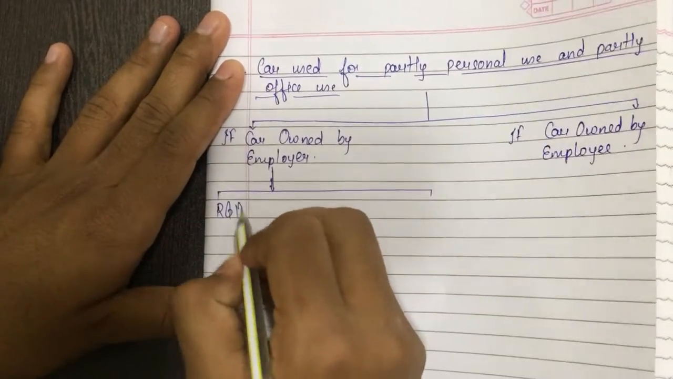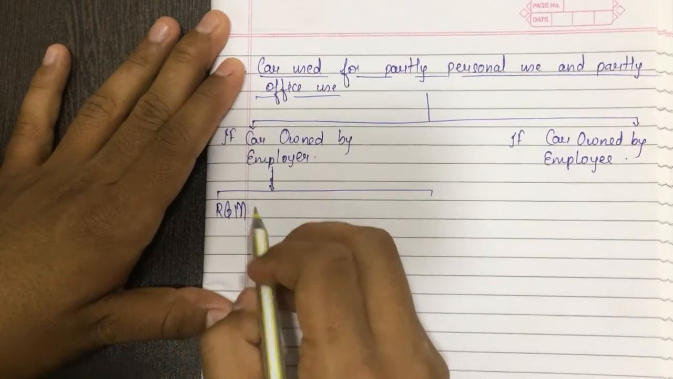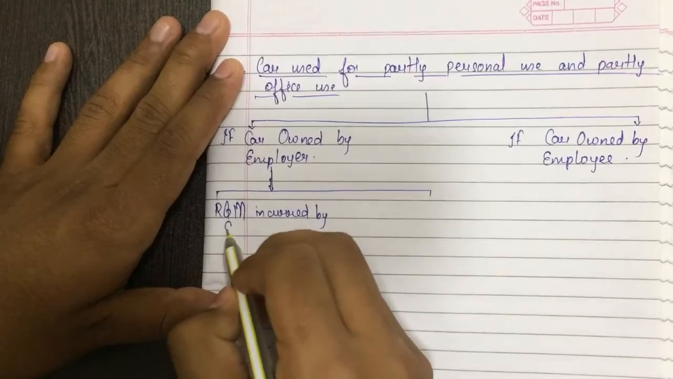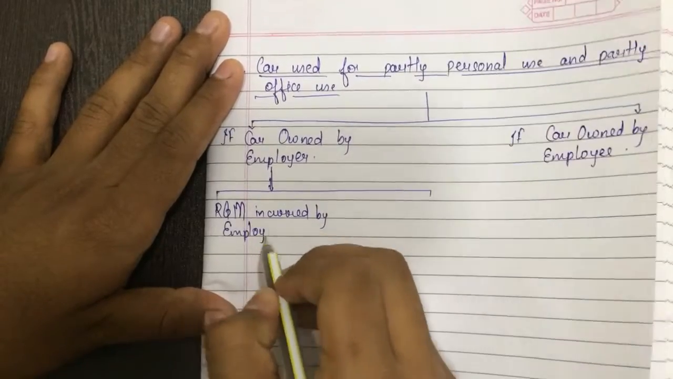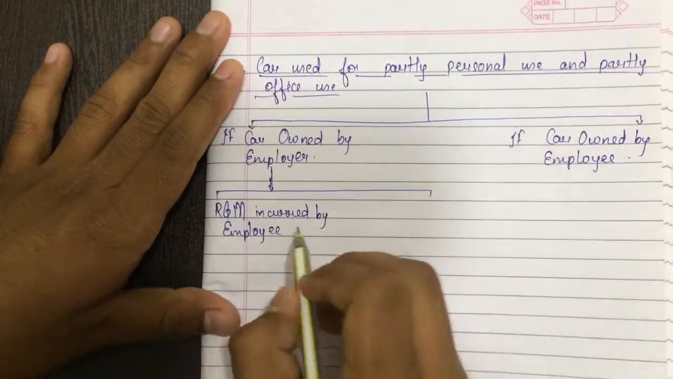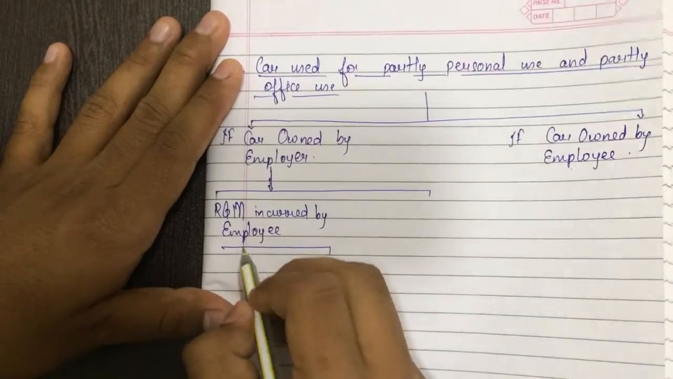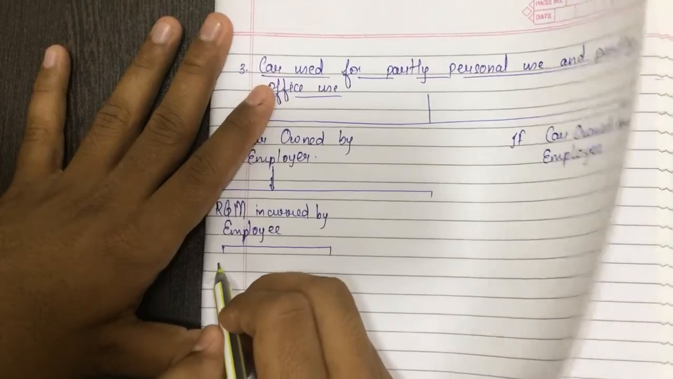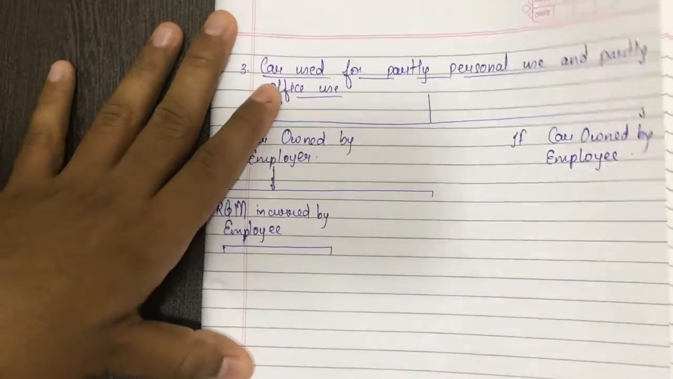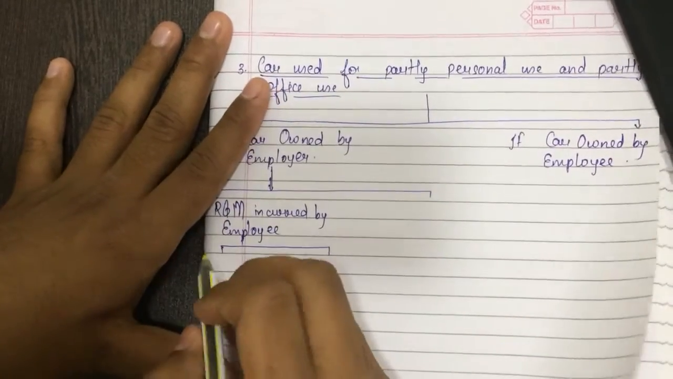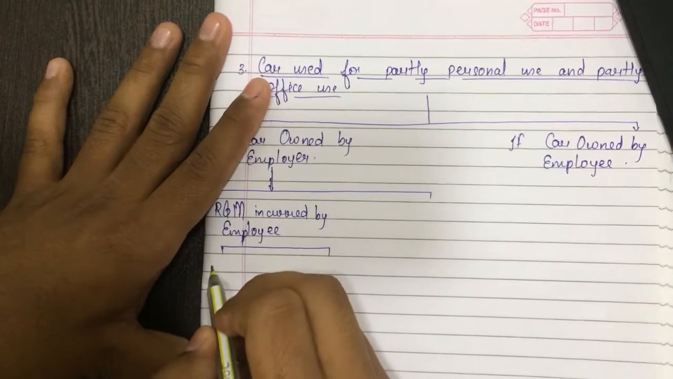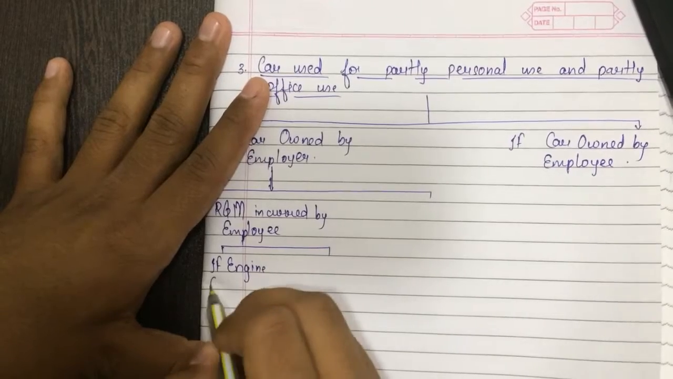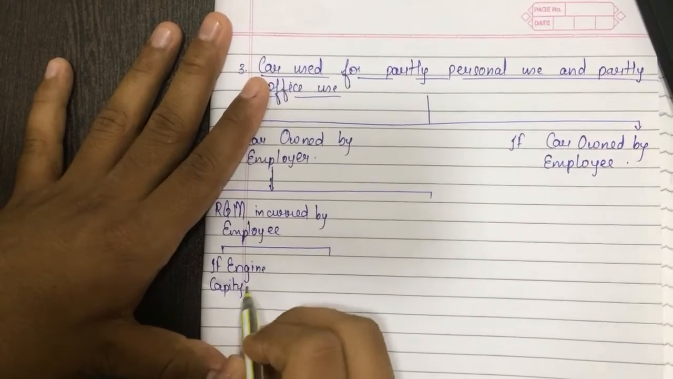Please write R and M. R and M means repairs and maintenance incurred by the employee. Then the taxable value of perquisites will be, firstly it is divided into two. Why is it divided into two? If engine capacity is